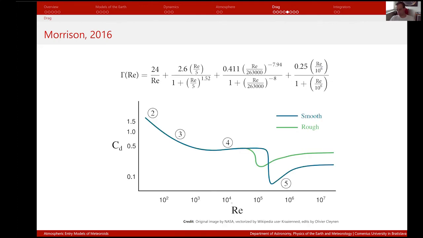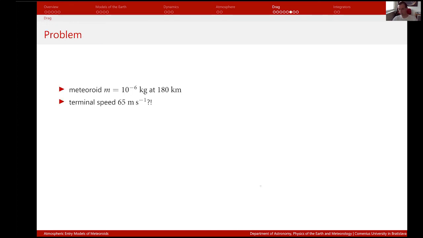It's not difficult to implement, and it correctly reproduces low Reynolds numbers. So in the limit, this should go to the Stokes drag, 24 divided by the Reynolds number. And for very high values, it should be approximately constant, which corresponds to a quadratic drag. It also models the drag crisis very well. If you were ever asked why a golf ball has dimples on it, well, this is exactly the reason, because there is a distinct step down in drag coefficient. This model also aims to reproduce this well, so we have obtained much better results.